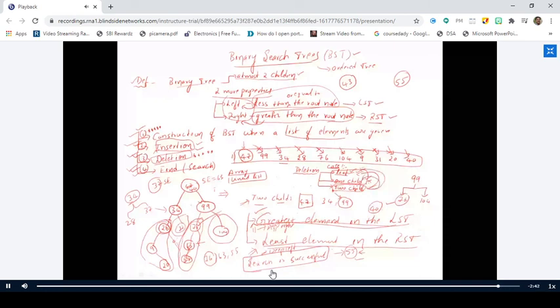So this is not exactly a recursive process, it is a dependent process, where deletion of two children depends on deletion of a leaf node or deletion of one child. Right. This is all about the synopsis we have given in the last session. Is it clear up to this binary search trees?